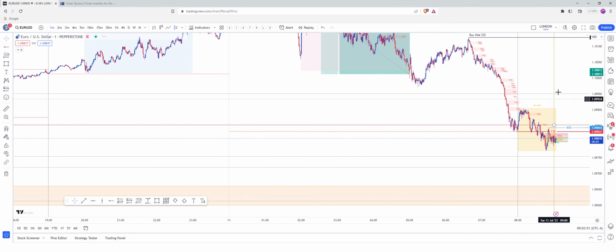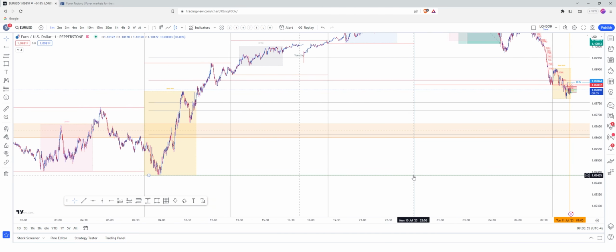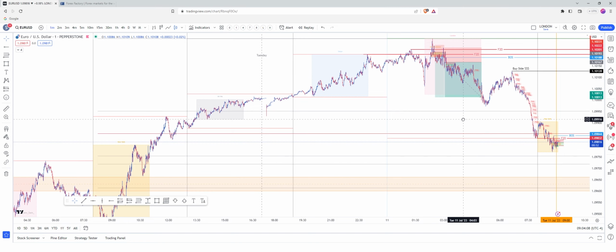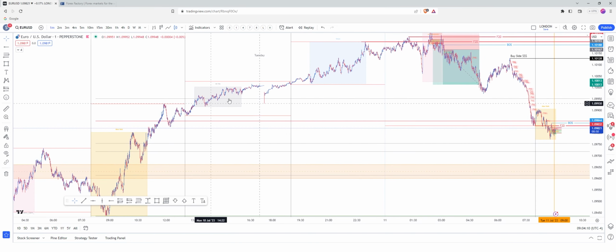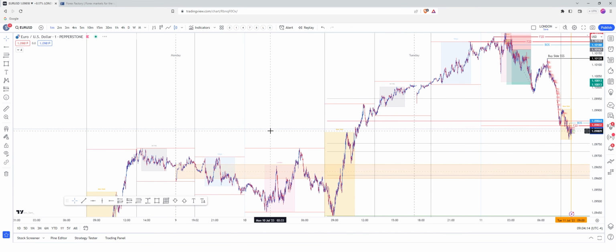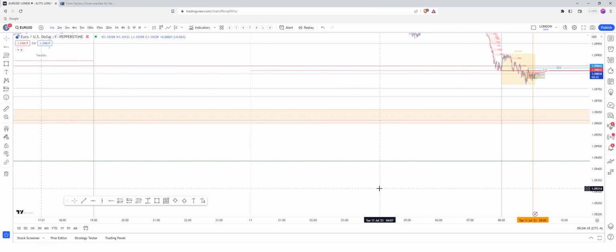We've swept out, we've probably got the new week opening gap to come down to, and then the New York session low here, our green line, which is an untapped session low. So I think we could maybe be retracing back through all of Friday's NFP price action, or Monday's price action, should I say, taking out Monday's low.